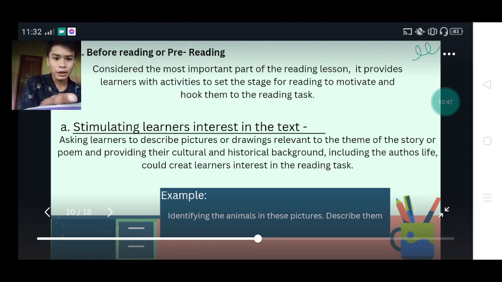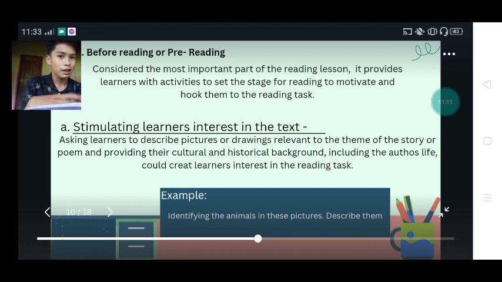Just like, for example, identifying the animals in these pictures, describe them. So, unsay mga represent nga mga authors, unsa nga mga characters sa usa ka poem, or makakita sila og mga animals in the picture. So, allow your students to describe them.